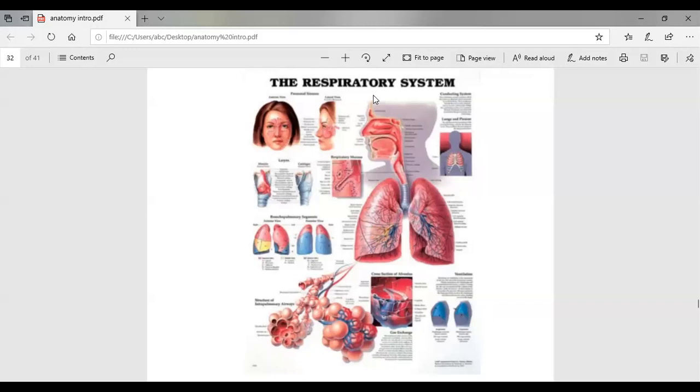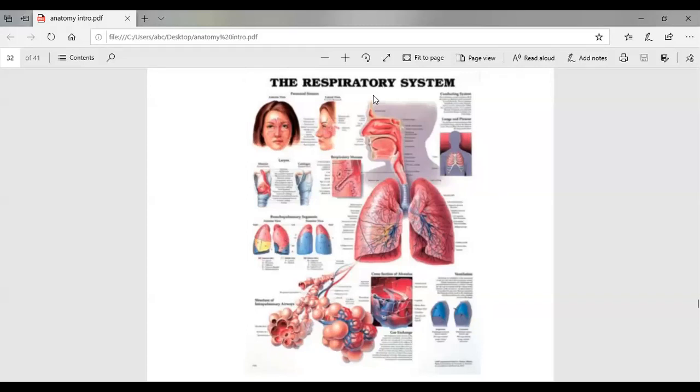So in this way, whenever we breathe air, the oxygen is taken to our lungs. The lungs give the oxygen to the blood and take carbon dioxide from it. And whenever we exhale, or breathe out, the carbon dioxide is left out. So the respiratory system, what is it basically doing? It is helping in purification of blood. How? By carrying oxygen to the blood and taking out carbon dioxide from the blood.